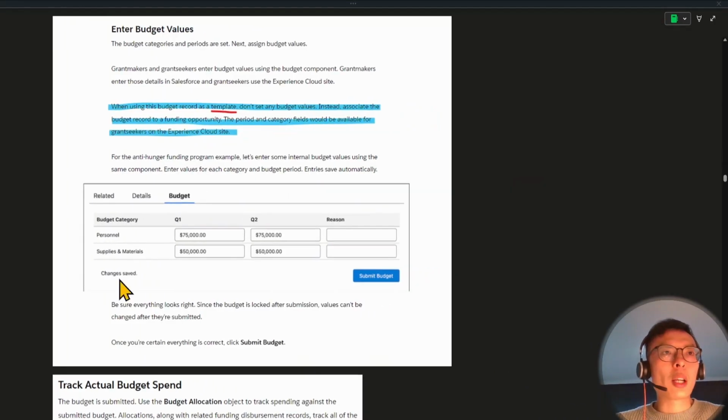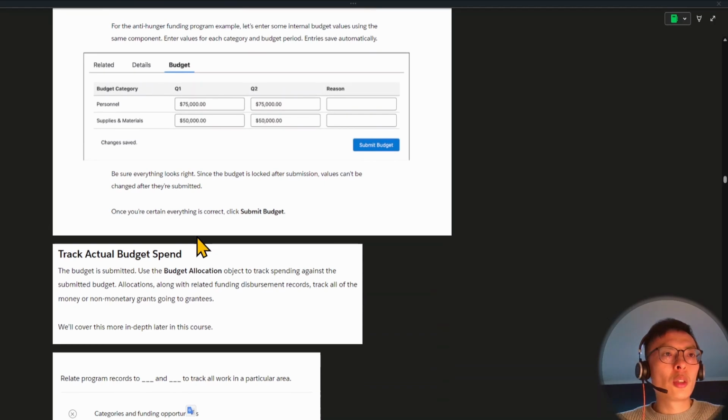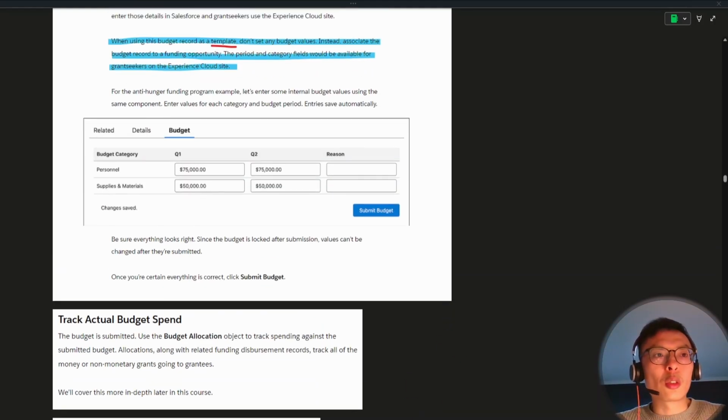So we've now covered the budget component. So how do you actually track the actual budget spend? This is actually done using the budget allocation object, and you can check the spending against the submitted budget. So allocations along with related funding disbursement records can track all the money or non-monetary grants going to the grantees. And this is what it looks like